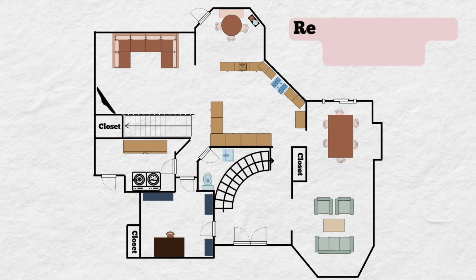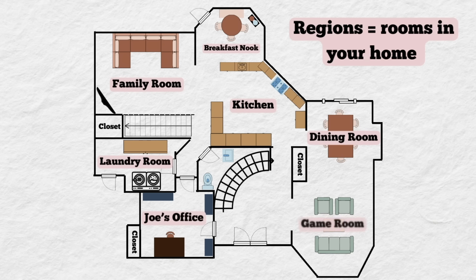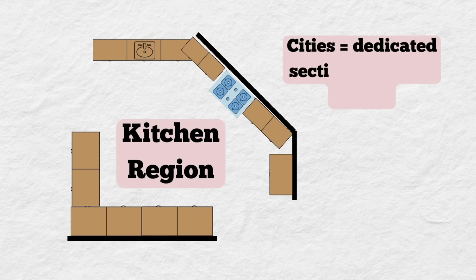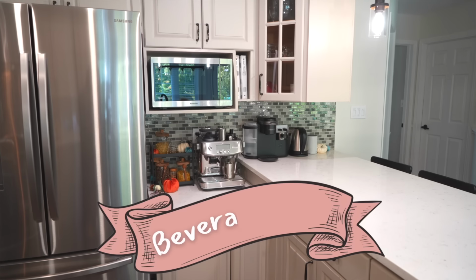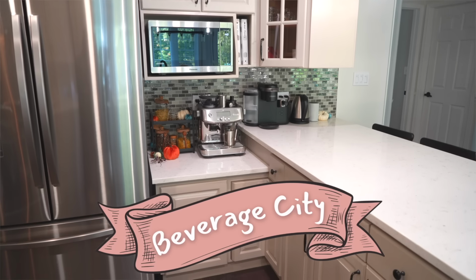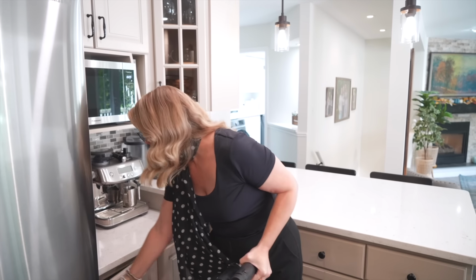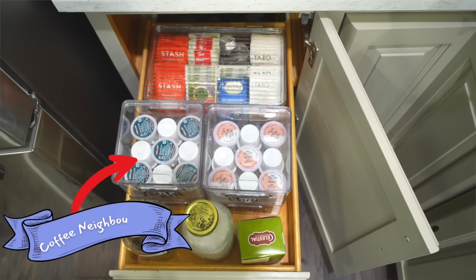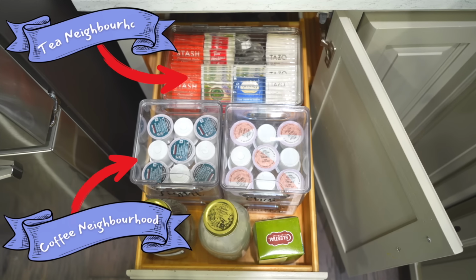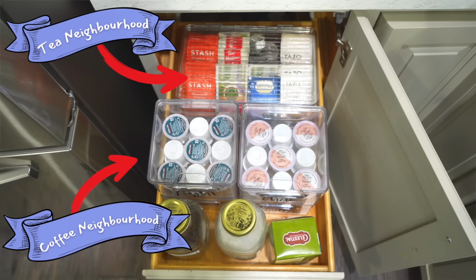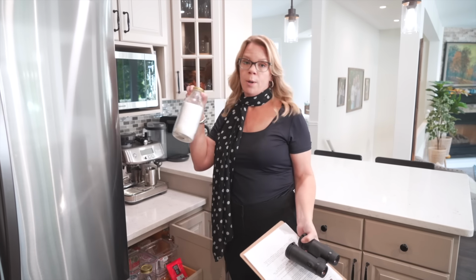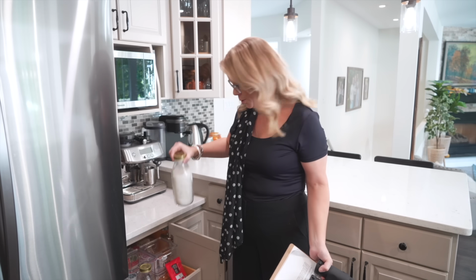Regions are usually rooms, and then we can break that zone down further into cities. You see the coffee maker. This is beverage city, and beverage city means there's probably a neighborhood for coffee. Maybe you want tea. Coffee and tea are neighbors. So tea neighborhood would be located beside coffee neighborhood, and maybe you want to borrow a cup of sugar from your neighbor too. Everything from mug neighborhood, it's all within the same hot beverage city, and that is the concept